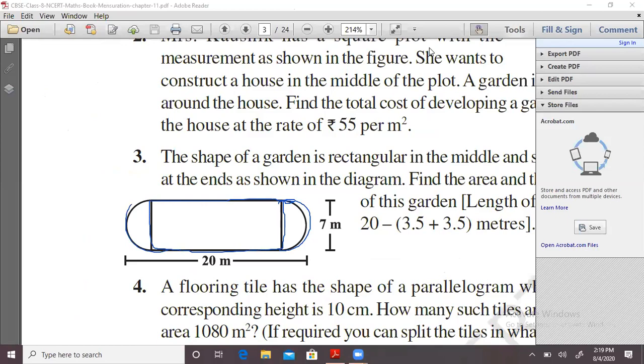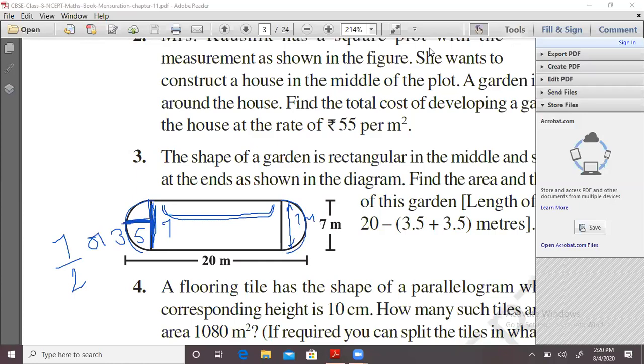Okay, so first of all we will find out length of rectangle here, as the breadth is already given 7 meter. So length of the rectangle will be, if you see at the ends, we have given two semicircles, and we know that if this is diameter of the circle, then this is radius of the circle. So firstly, we will find out radius of the circle. If the diameter is 7, then radius is either 3.5, you can say, or you can say 7 upon 2 meter. So the radius of the semicircle is 7 upon 2 meter.